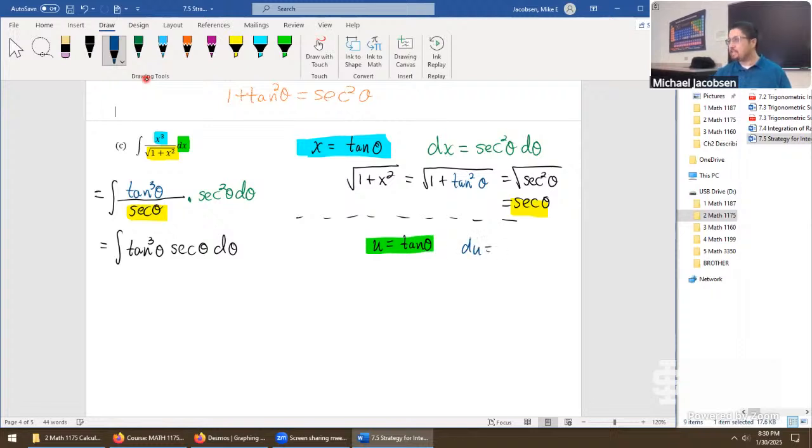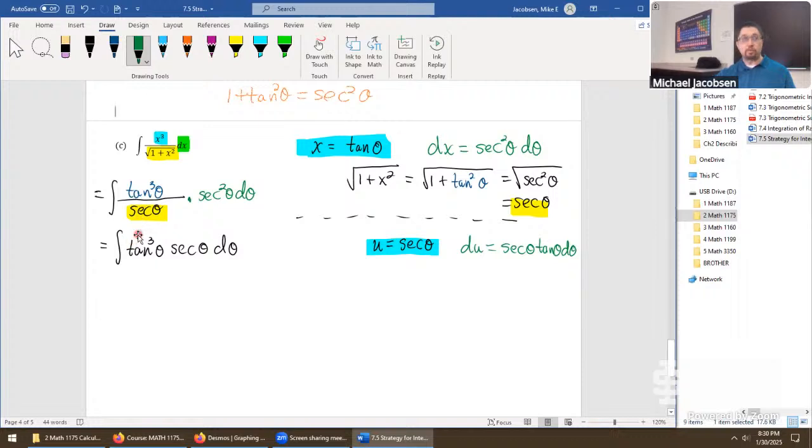Hang on, we didn't say tangent theta, we said secant theta. Sorry, getting mixed up on my thoughts there. Going with the original good and correct suggestion, that should have been a secant theta. Then the differential du is secant theta, tangent theta, d theta, which means we sacrifice one factor of tangent here,